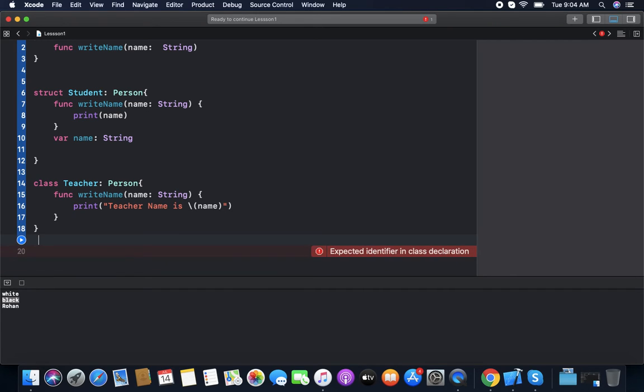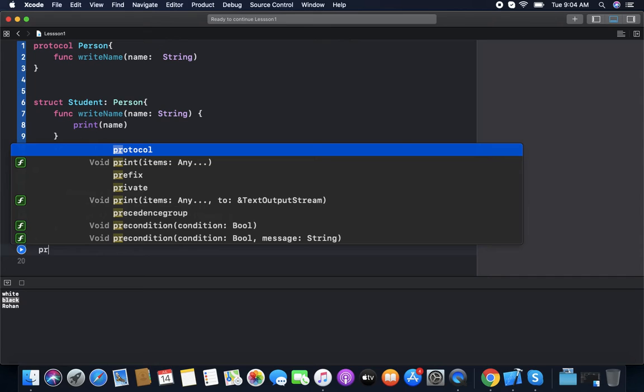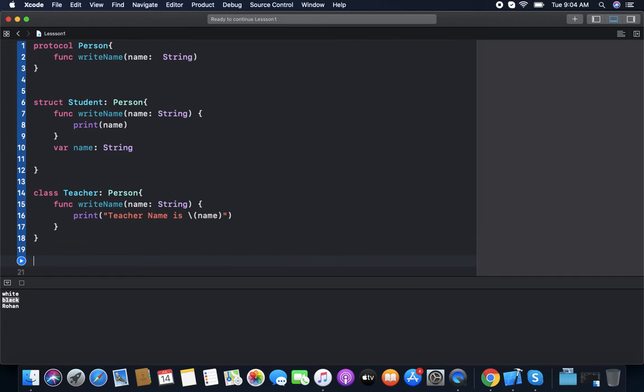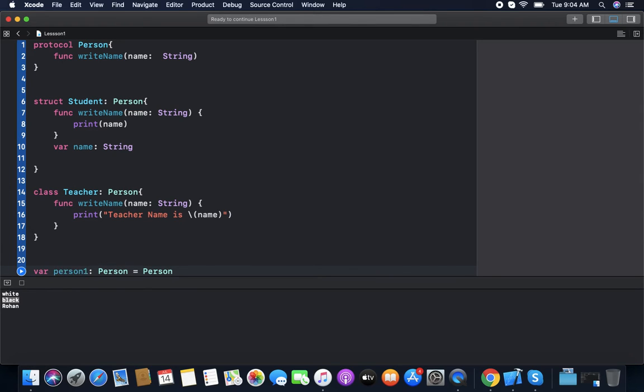Now we make an object of the protocol. We can use a protocol as a type, like a variable of type Person, but we can't instantiate it. We can't instantiate anything like Person, because it does not have anything.